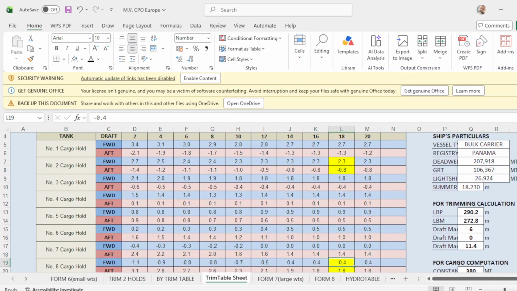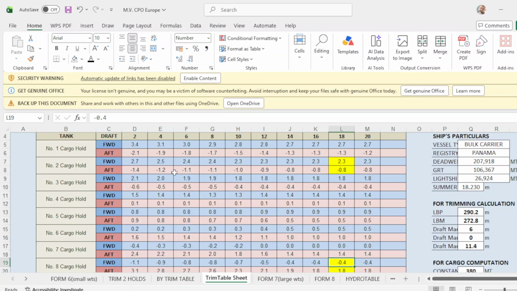Drop in your drop 18. These are all assumptions because they are almost the same. And take note, from drop 10 to drop 20, the correction is 2.3.